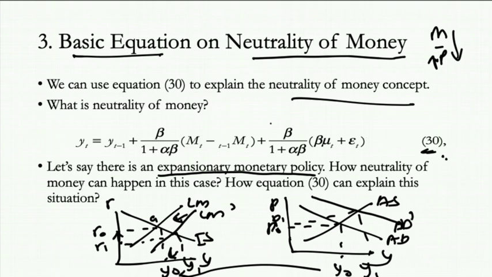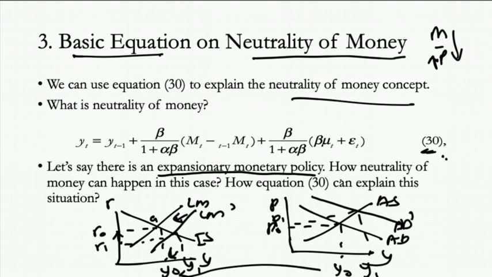Now, in the medium run, or most of the time we call it the long run, you can see interest rate doesn't change at all because it goes back to R naught. Output doesn't change at all. But in the medium run, although interest rate doesn't change and output goes back to Y naught, you will see price keep increasing. So you try to figure out how to make price increase based on the scenario that I have explained here. Now, in this case, we have what we call neutrality of money.